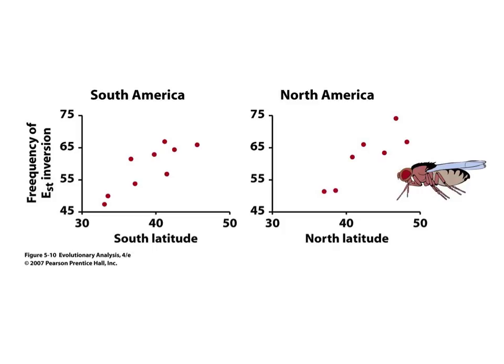This is added information, this is added data that suggests that in fact these two natural experiments reinforce that idea that inversions can have an evolutionarily beneficial role, and that role likely is that it's locking up those combinations of alleles.